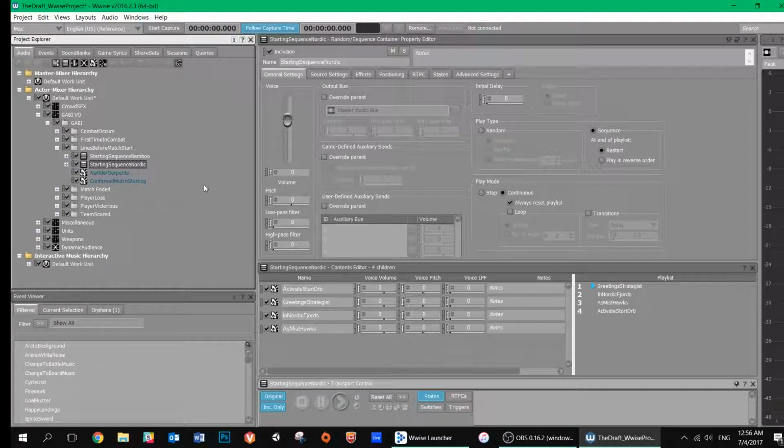So this sequence container houses the lines that play when the match is about to begin for the